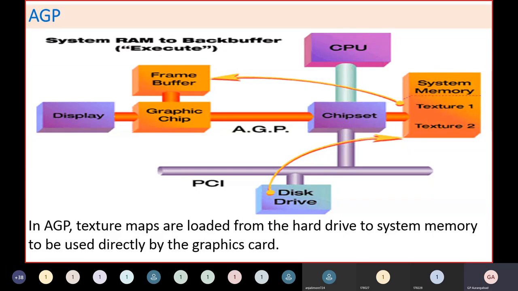But if somebody is interested in gaming only, in animation only, or producing a very high quality picture, that is processing what we call certain effects, what we normally see in today's movies, if you wish to process or render that type of pictures or effects, then in that case an AGP card will be essential on your motherboard to process those type of things. Otherwise, for normal working, or reasonably moderate graphics work, nowadays you don't need AGP.